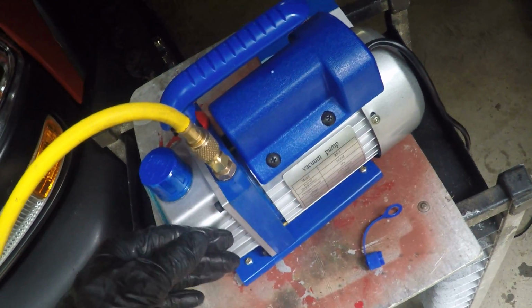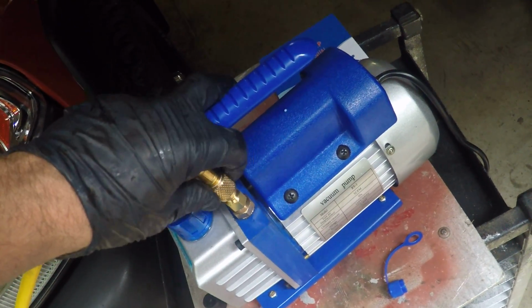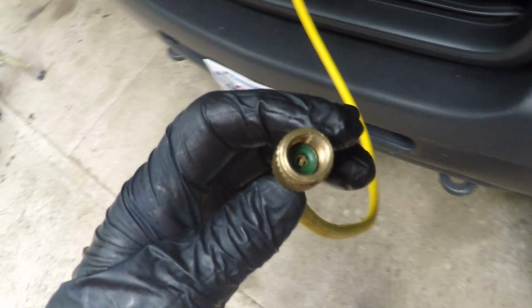I'm going to disconnect this. By the way, this vacuum gets a little hot. I'm going to disconnect this. Even that tip's pretty hot. The next order of business, I'm going to go ahead and...